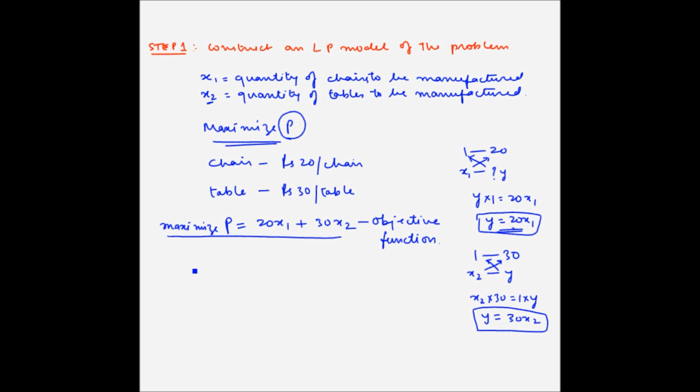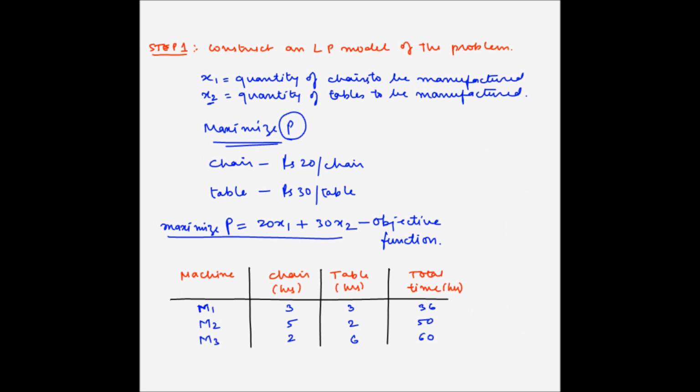Now let us take a look at the constraints that have been given to us. As shown in this table, each chair needs 3 hours on machine M1, each table needs 3 hours on machine M1, and the total number of hours for which M1 is available is 36. So if one chair needs 3 hours on machine M1 and we have considered x1 as the quantity of